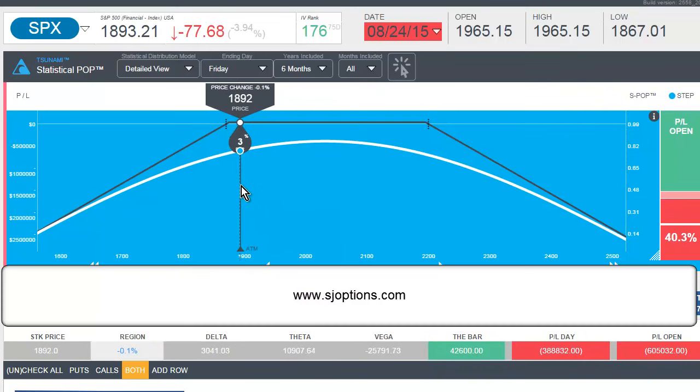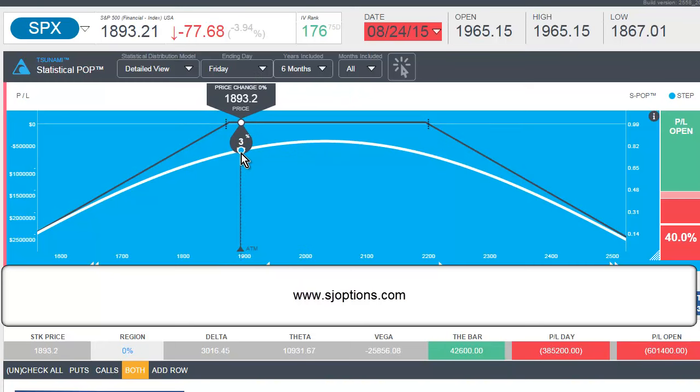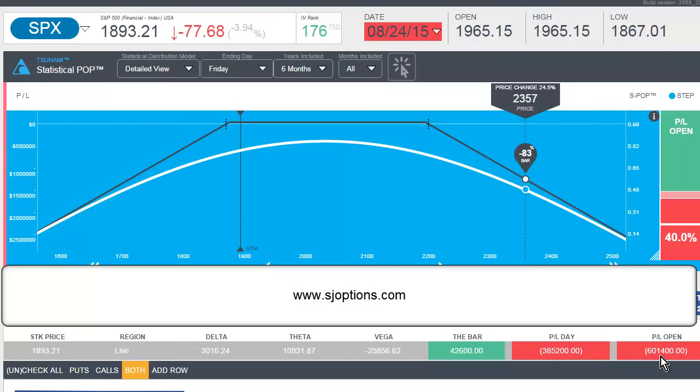So now the buying power is up to $1.5 million, and that's 40% on that. But relative to your original buying power, this trade is down 70%, or close to it, with the $600,000 loss on the original $900,000